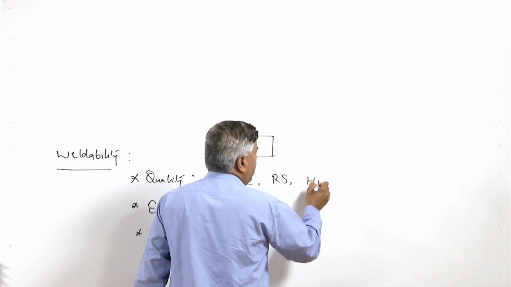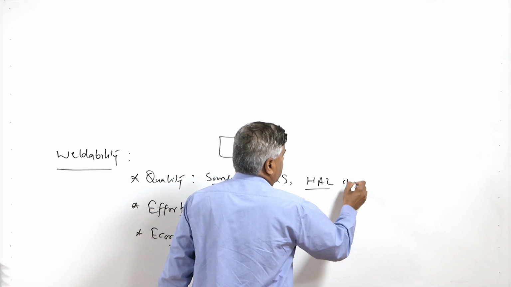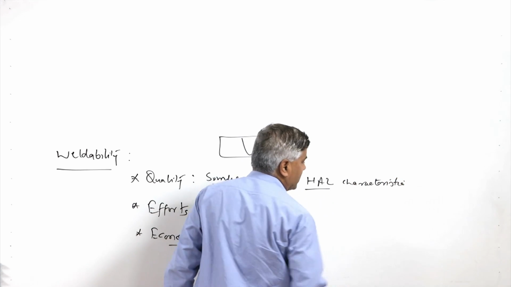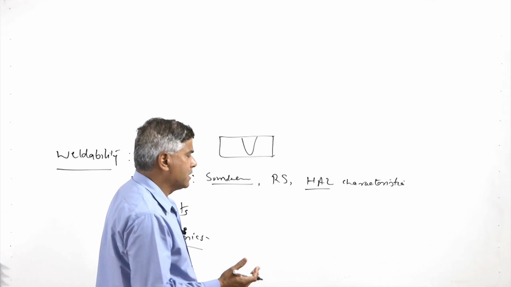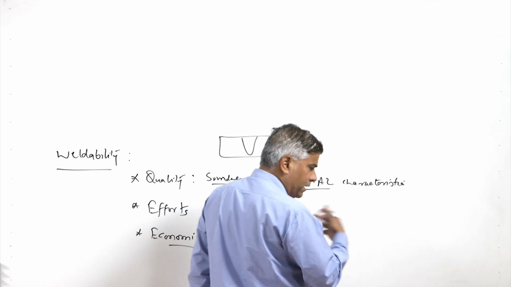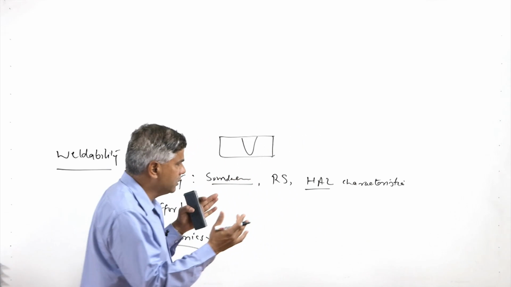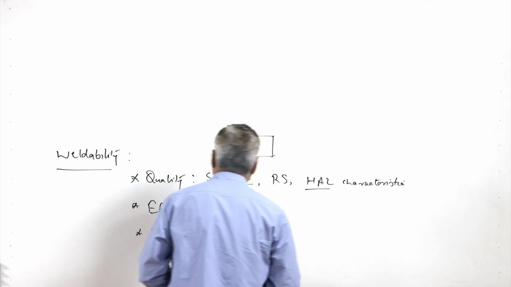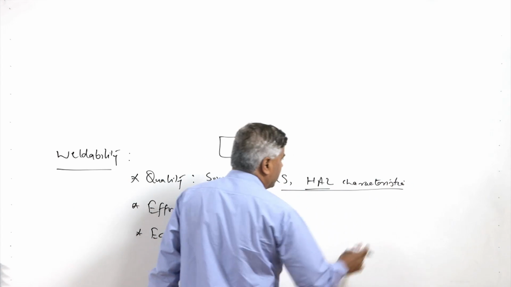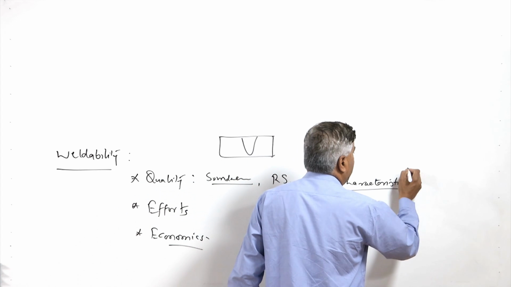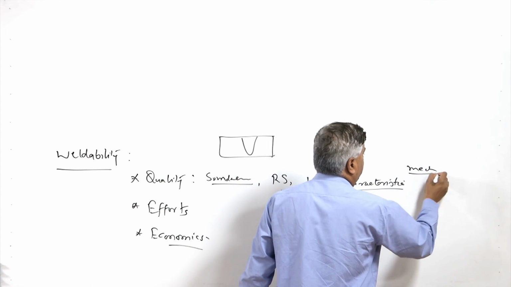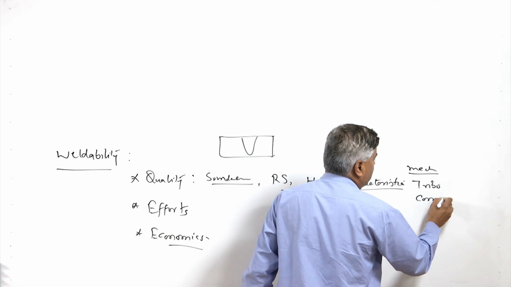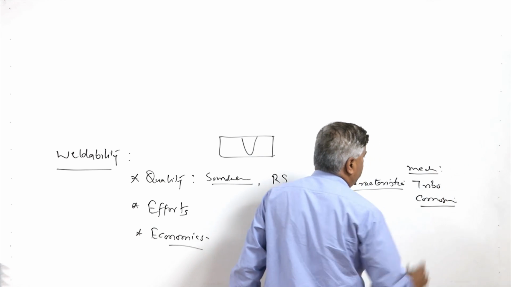Apart from that, heat affected zone characteristics, like whether any softening or hardening is taking place, or up to what extent the metallurgical structure is being influenced by the heat input in the heat affected zone, which will lead to a change in performance of the weld joint. So, these are some of the ways by which the quality of the weld joint can be assessed. Apart from that, there is the mechanical performance or the tribological performance of the weld joint, or the corrosion resistance which it is offering.